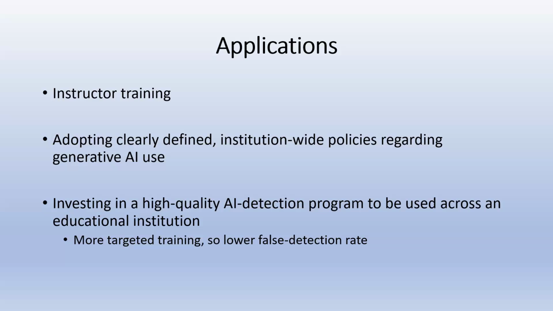Another important application is that we could start to adopt clearly defined institution-wide policies regarding generative AI use. This would allow not only for teachers to become more involved in understanding generative AI use, but also for putting programs in place to help students learn how to use AI as an effective tool, similarly to how they use a calculator as an effective tool for conducting mathematical computations. This in turn would then lead them to be less likely to abuse generative AI and instead use it in a way that would allow them to learn and be able to write more effectively and efficiently.